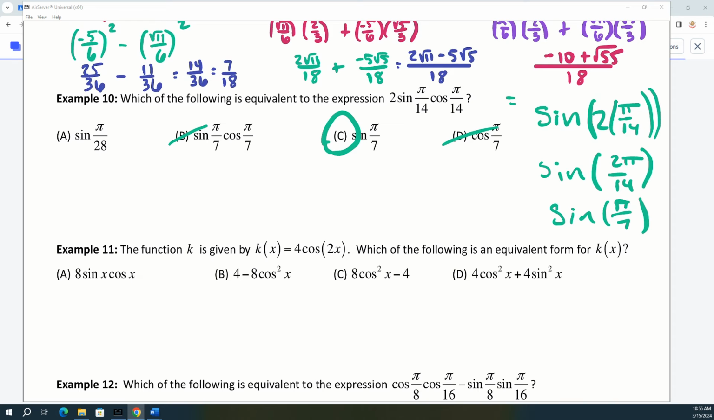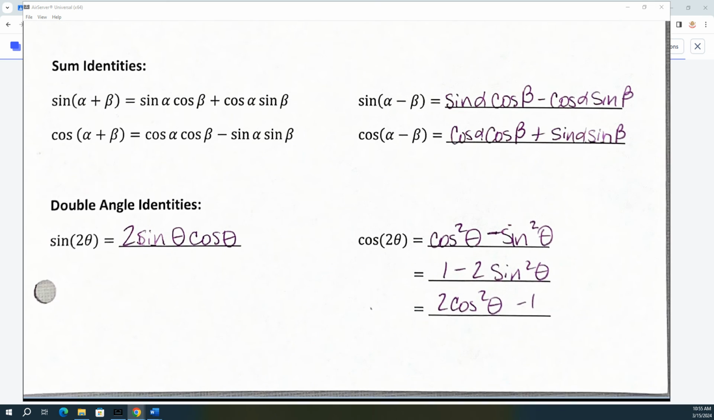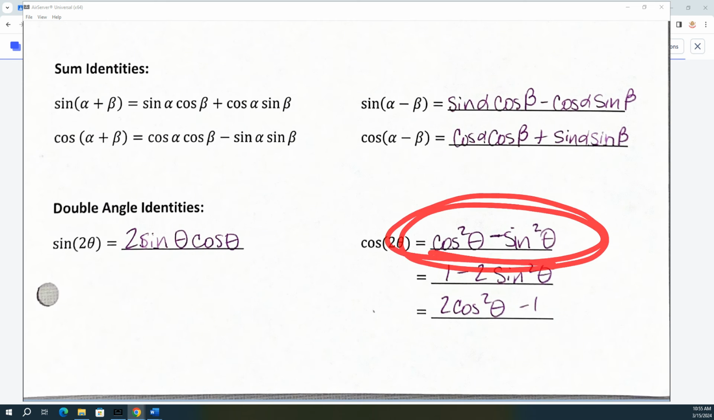All right, and then example 11, we have that is 4 cosine of 2x, and we want to pick which one of these is an equivalent form. Now, the cosine of 2 times an angle is one of the more difficult ones to use because there's 3 options that it could have been. So looking at the choices you have here, which is really the only option they used? Could it have been this one? Looking at D, could it have been this one? No, because there's a plus,